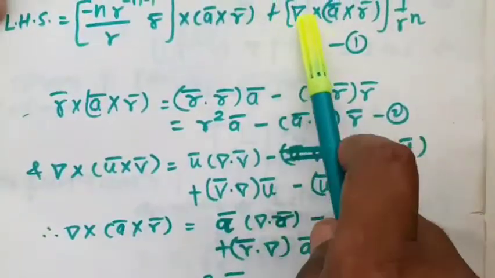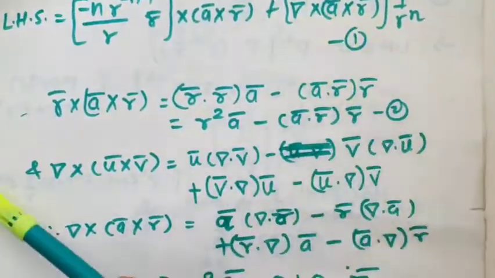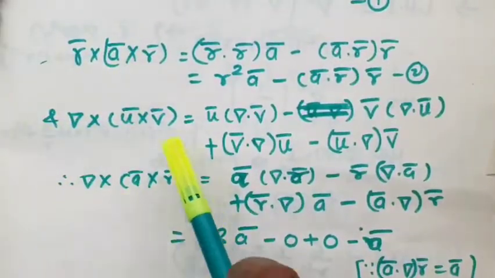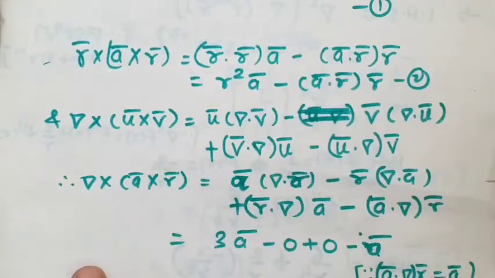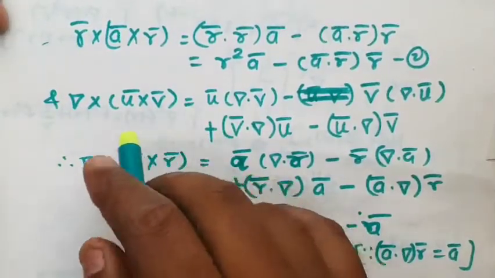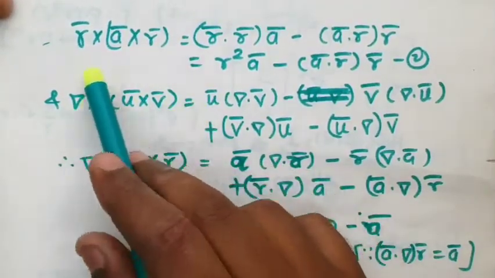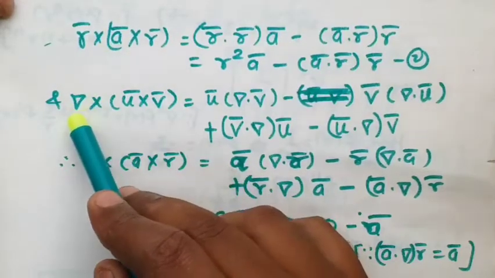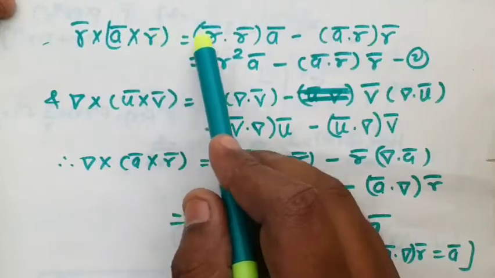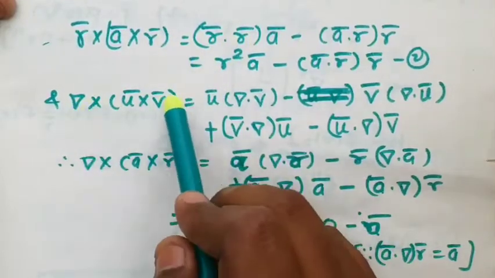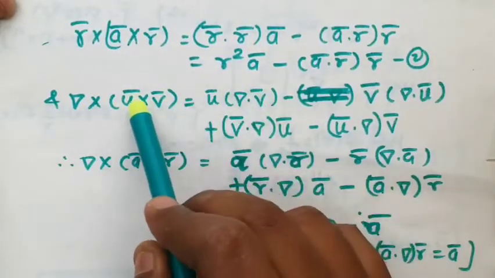Before that, we are going to calculate del cross a bar cross r bar. For calculating it, we are going to apply the vector identity for del cross u bar cross v bar. This result also we have. Now how to remember this result? This is like the above vector triple product only. First dot third, first vector dot third vector, like here del dot v bar, first dot third, into the second, which is u bar.